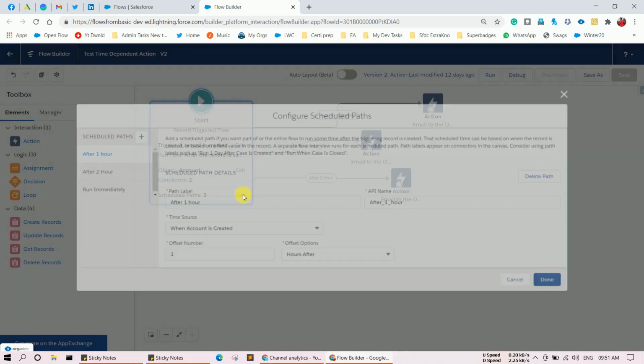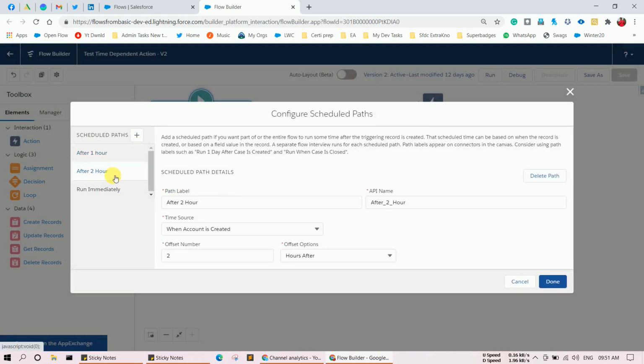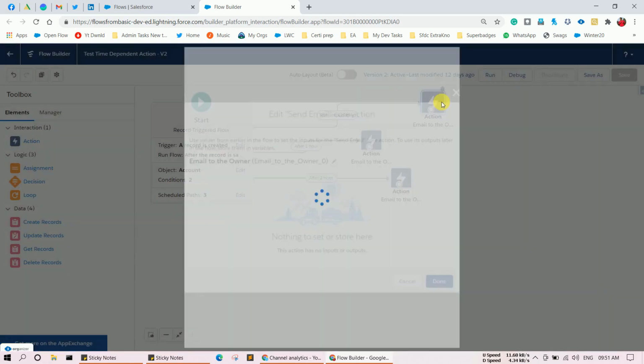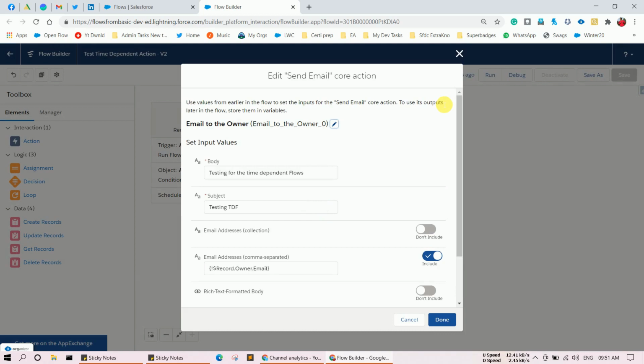And let me show you with the 2 hour. This is the same: when account is created, and offset number is 2, which denotes after 2 hours I have to do something with the logic. With the logic, what I do is simply use an email action, which is a standard email action. You can simply drag and drop an action element onto your canvas and implement the email.